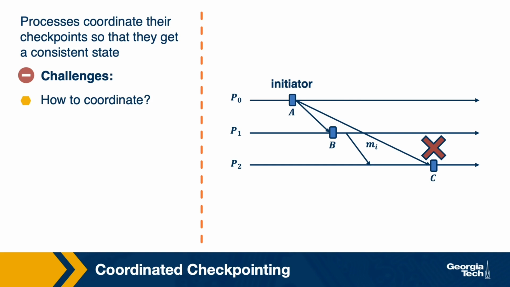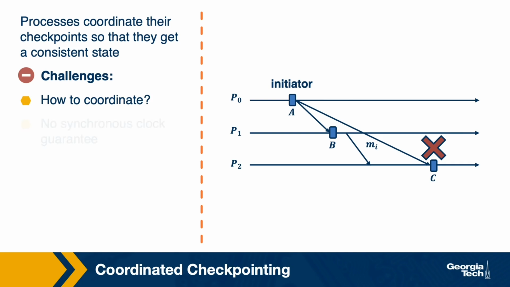In this case, if we take a look at the state that's described with the cut ABC, we see that this state corresponds to a situation where the system knows that a message has been received on P2, this is message MI, but it does not know that that message has been sent because in process P1, the checkpoint B corresponds to a state before the message MI has been sent. So then clearly this checkpoint ABC does not correspond to a consistent cut in the system, and we have to